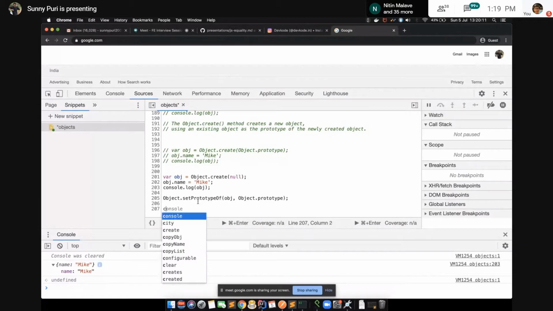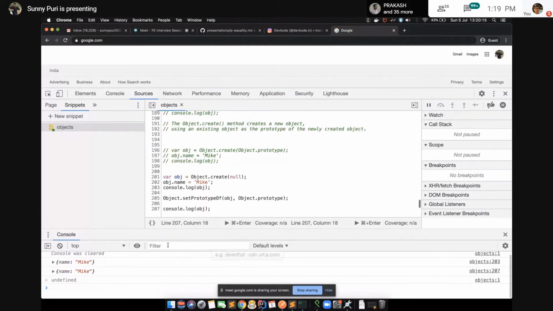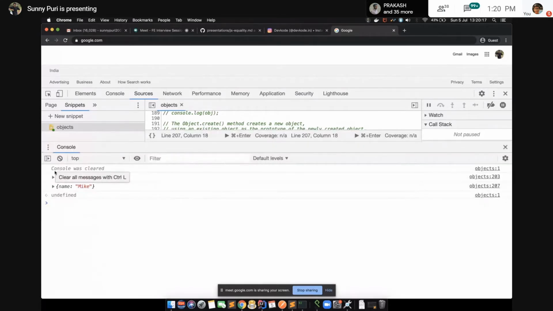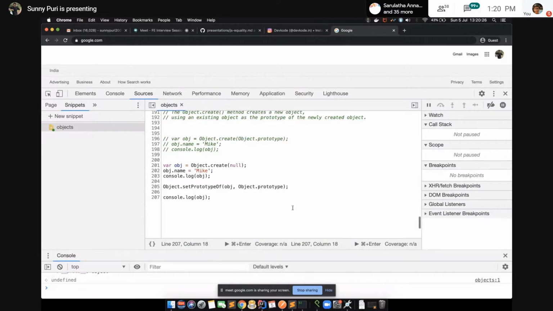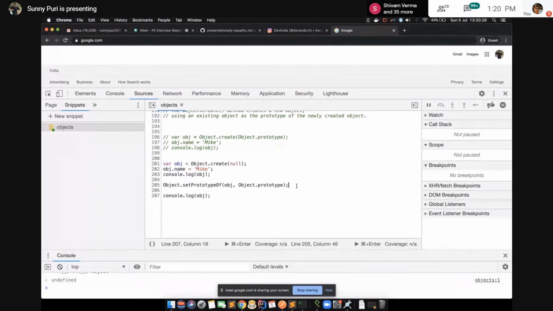Now do console.log. If you observe, this is a reference. It updates, so now we are having a parent. We explicitly linked it in case of null. Earlier it was not having one, now we have linked it.